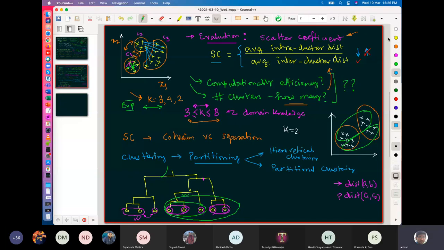Now you can see, depending on the value of the number of clusters k, I will just cut the tree as I need, up to k minus 1 depth. Agreed? If I need 3 clusters, I need 3 heads like this. So I will cut it here. I will stop merging and moving up at this point. That will create 3 different clusters. So one cluster will be this, one cluster will be this, and the third cluster will be this.